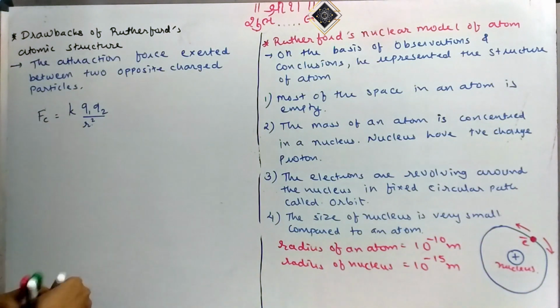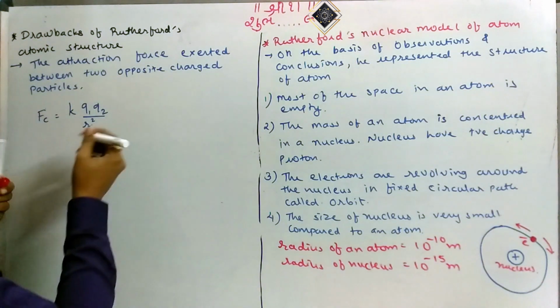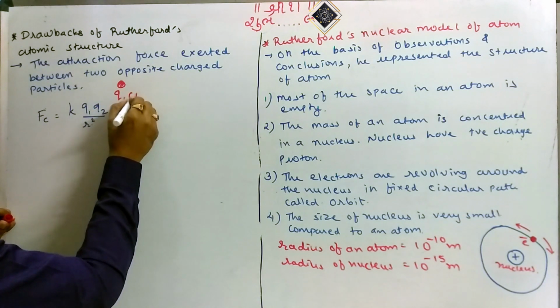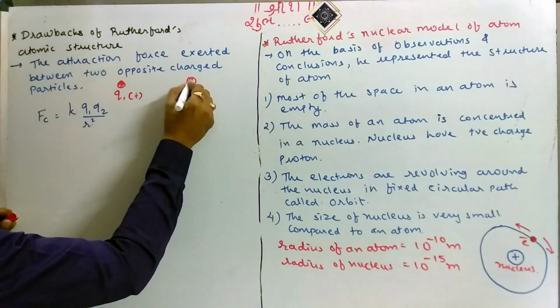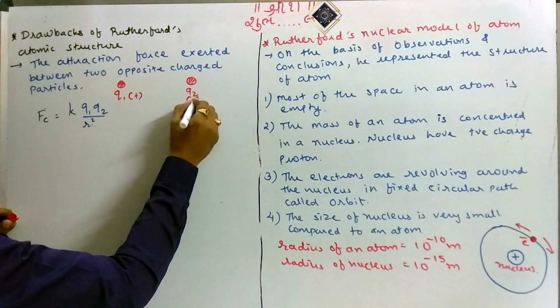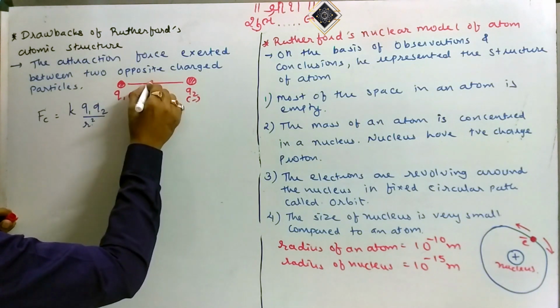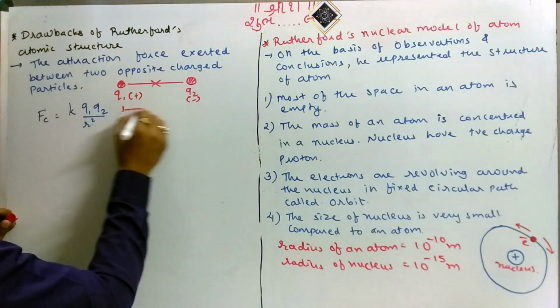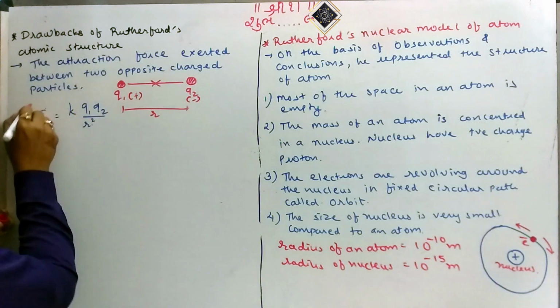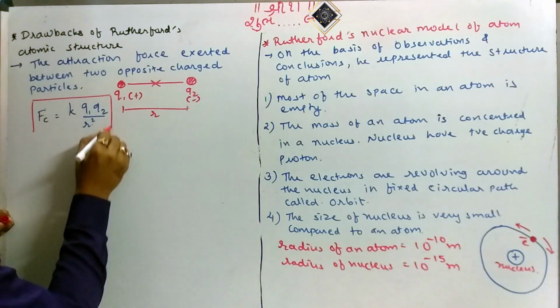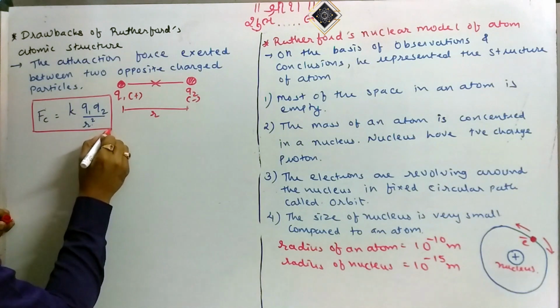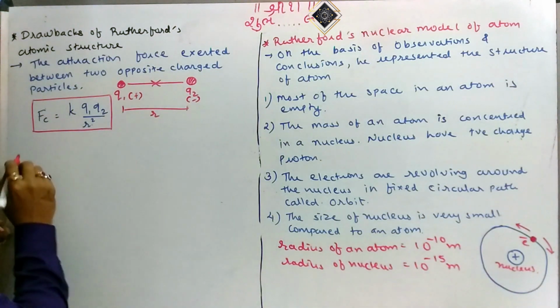I am showing this in the diagram. Suppose this one is the Q1 particle, which has a positive charge. This one is the Q2 particle, which has a negative charge. The attraction force exerted between them at distance r is Fc equal to K Q1 Q2 upon R square,